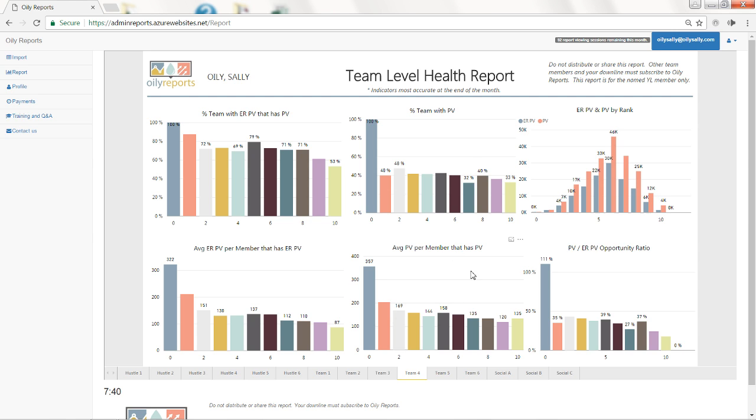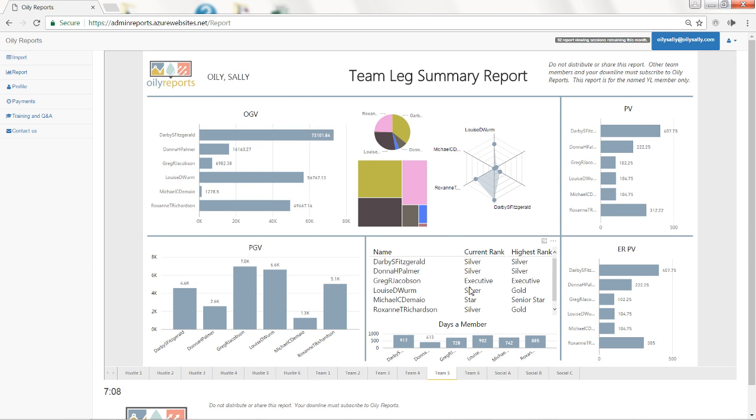And then looking at the average PV, do we see something similar? Yes, the average PV is dropping down there. And here's the other thing that's an outlier: the 37th percentile of the opportunity ratio is higher for level 7 or level 8. So there's a likelihood that you might want to target individuals in level 8 or level 5 to increase their ER orders. Then looking at the leg summary report,